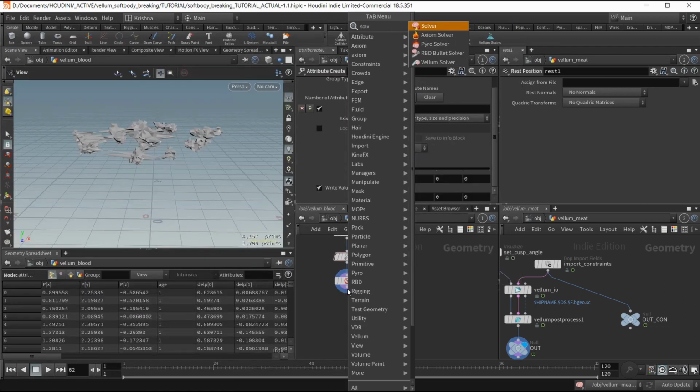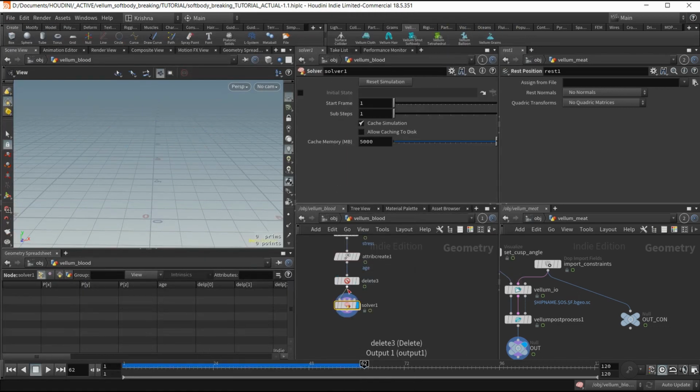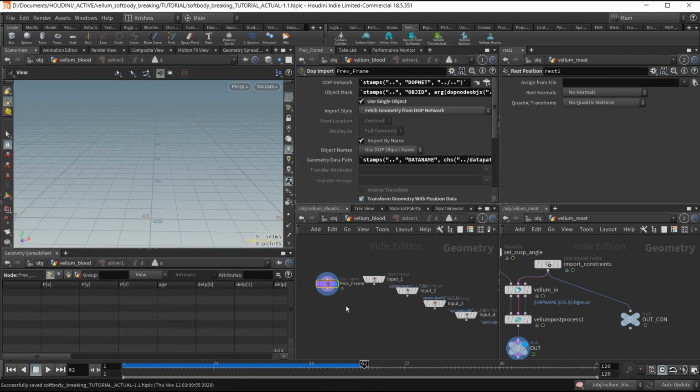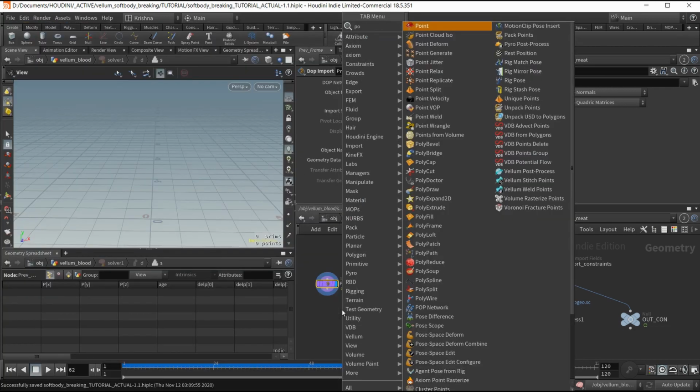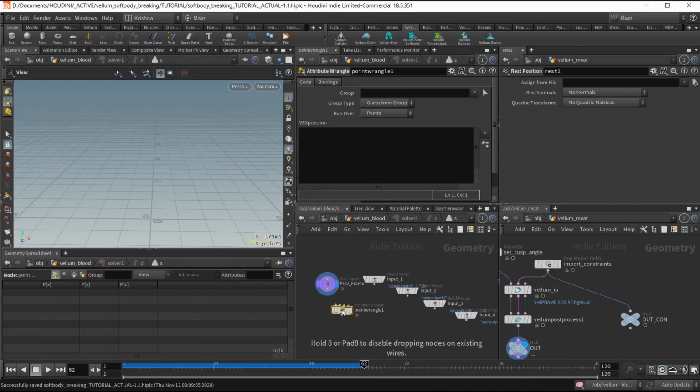Where is it? Solver. Sorry, not SOP solver. Right. I'm going to go inside, and I'm going to create a point or angle. And the first one connects to previous frame, and the second one connects to input. And let's type in I at age, INC, age increment,